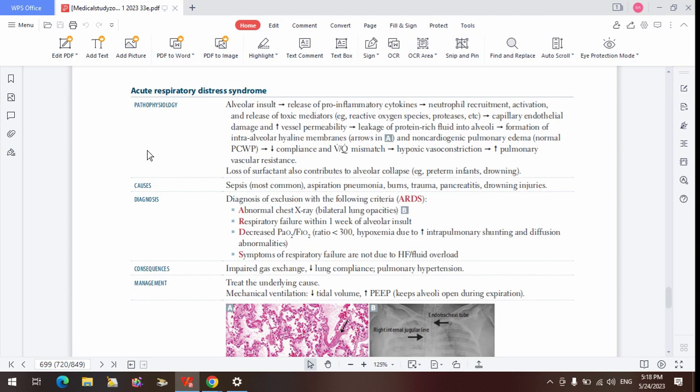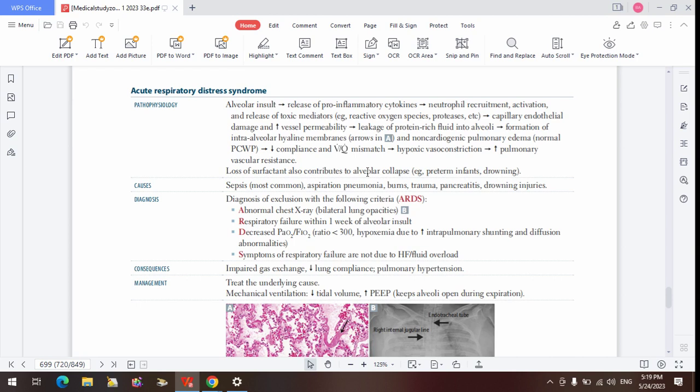And you guys remember that we said surfactant helps to reduce surface tension. When there's a reduction in surface tension, you are reducing elastic recoil and increasing the compliance of the lungs. So if there is loss of surfactant, that means surface tension increases, and the compliance of that lung will reduce. So the conglomeration of all these problems, reduction in the compliance, congestion of fluid within the lungs, the destruction of the alveolar membrane with destruction of the alveoli, we are going to have a VQ mismatch. So we are just going to be having perfusion of the lungs without any ventilation of the blood that is passing through the capillary.